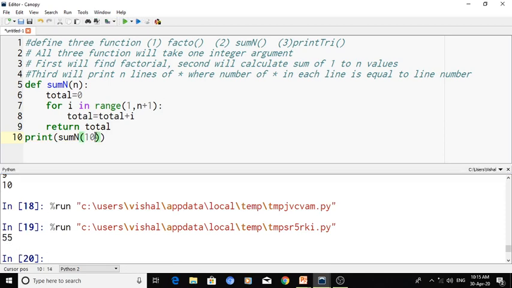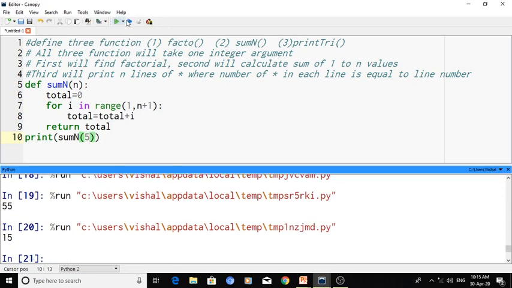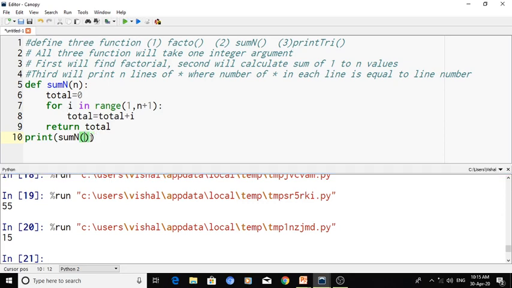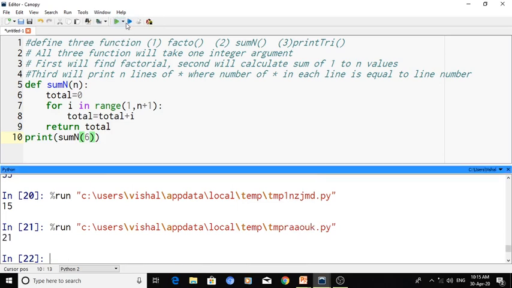If I pass 10, the result is 55. If I pass 5, the result is 15. 1 plus 2 plus 3 plus 4 plus 5 equals 15. If I write a 6 here, 15 plus 6, 21.